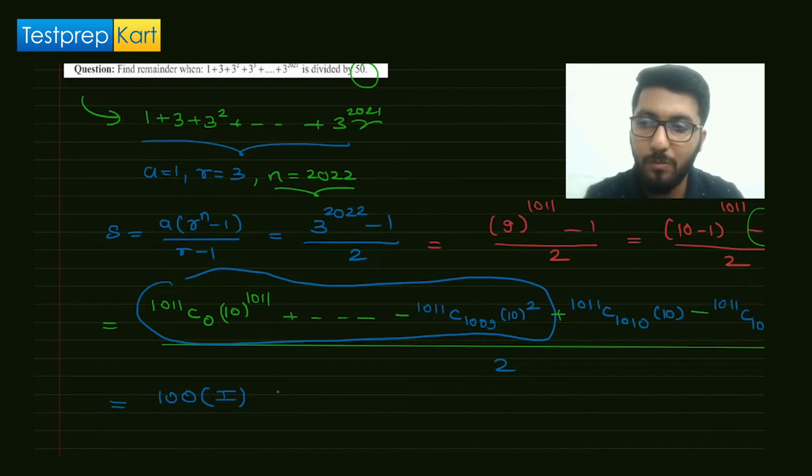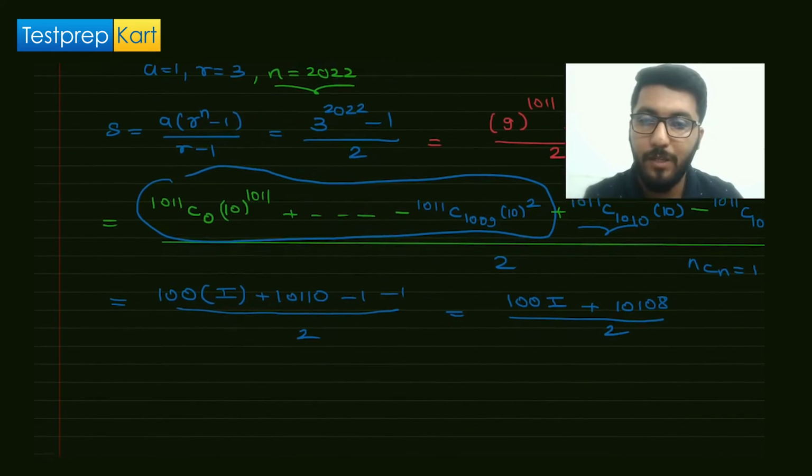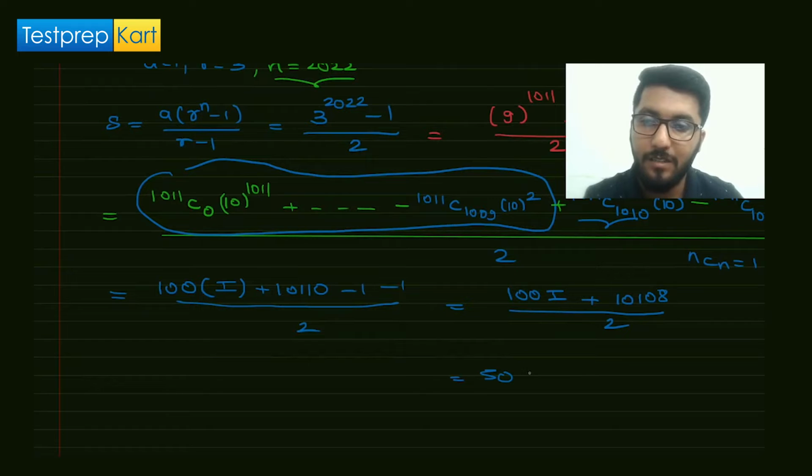Now this thing is going to be what? This thing is going to be 10110, because this value is 1011 into 10, so that will give us 10,110, and this value is minus 1. Why? Because I have told you NCN value is always 1. Already we have one more minus 1, divided by 2. So this thing will get simplified to 100i plus 10108 divided by 2. Now dividing by 2, you will get 50i plus